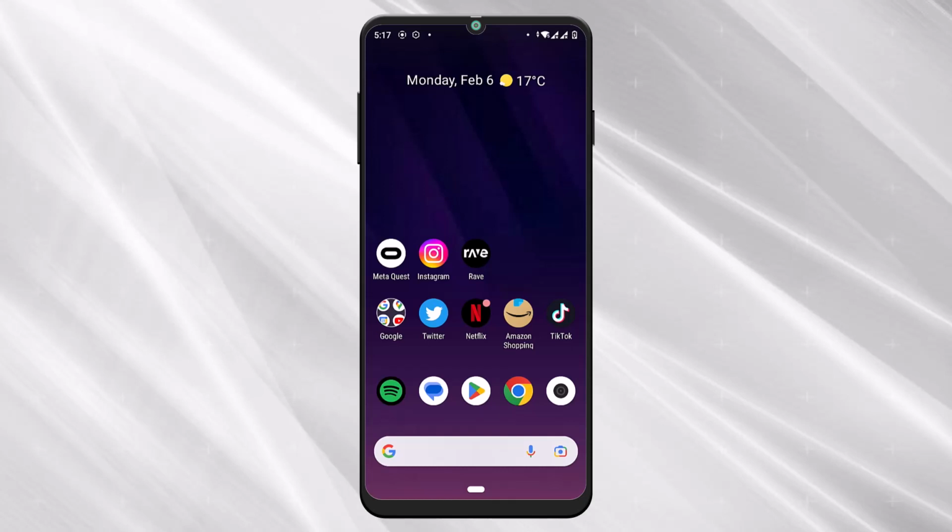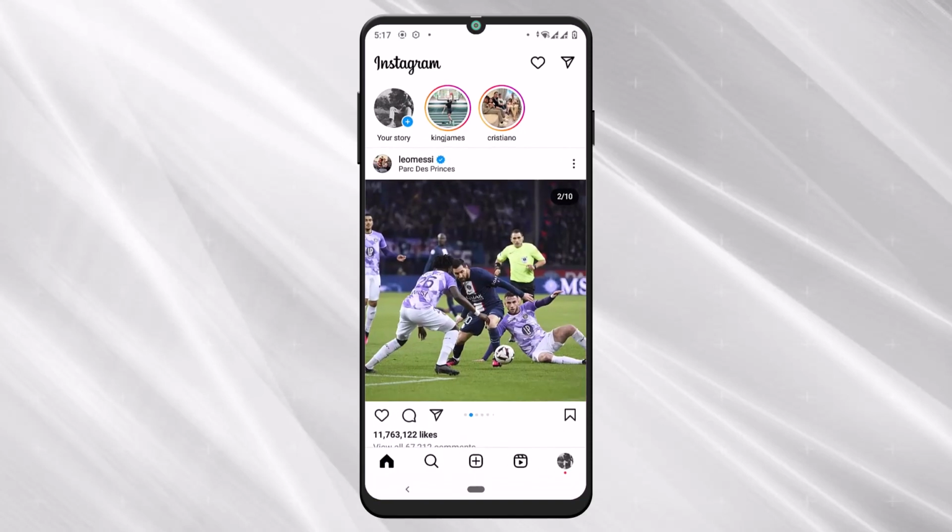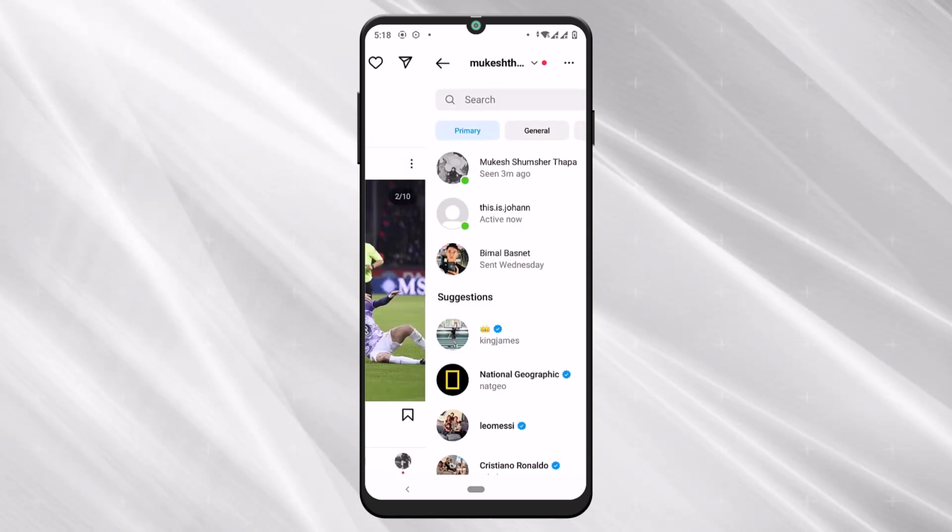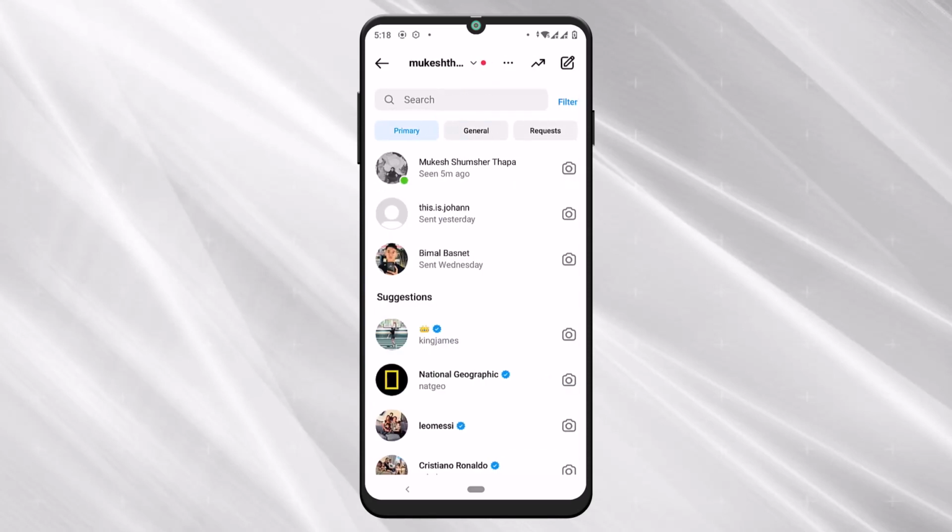So the very first step is to open your Instagram application on your mobile device. Right now I am at the home page of the application. If you want to check whether your friend has blocked you but you don't know if they have, check whether you have messaged this friend on Instagram. I have messaged my friend, so you can see that there is an